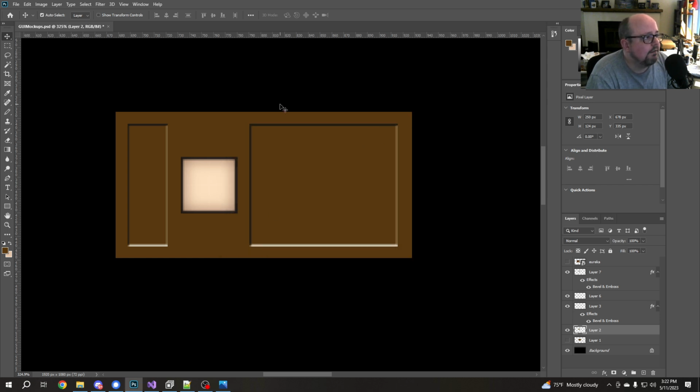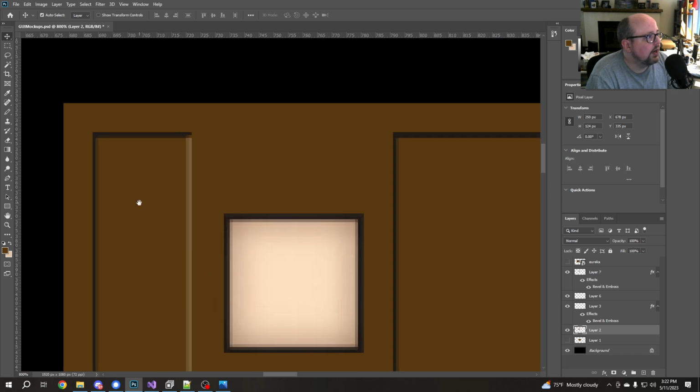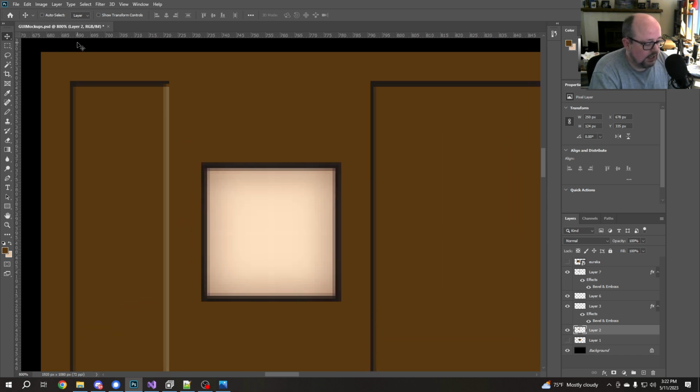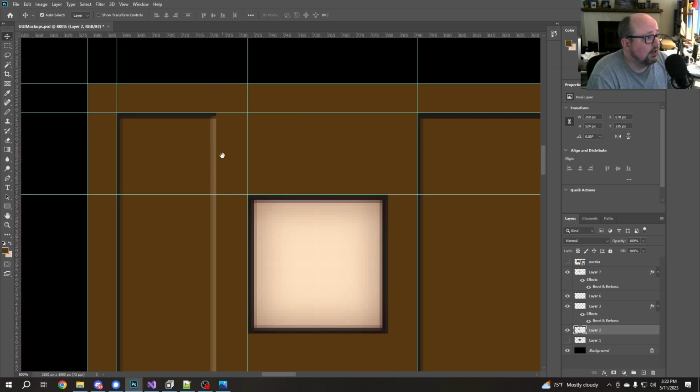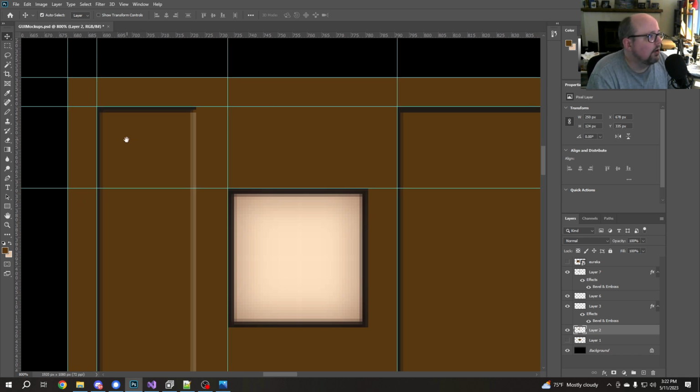So once you have this, what I recommend doing is getting some guides in there, depending on how big you made it. If you crop it down, whatever you want to choose. If you're in Photoshop and you're like, how big is this thing? How big are all these elements? What are my offsets? You can go up here in the corner and drag this down and go right down